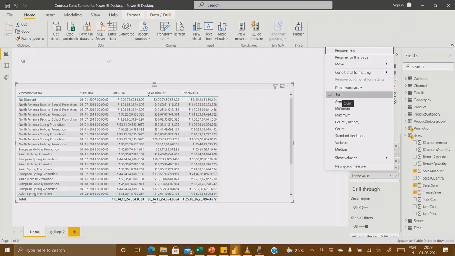By default it is creating an internal measure using the sum function, which you are not seeing as a measure. It is simply summing all these sales amount values for this particular promotion name and start date level.